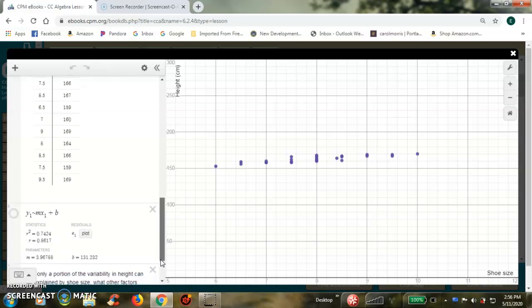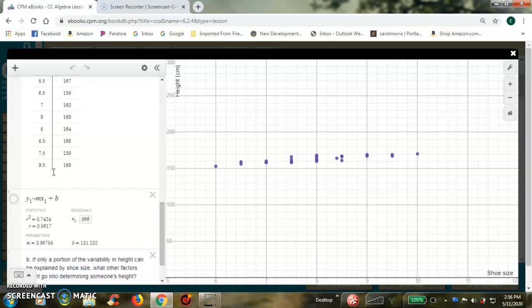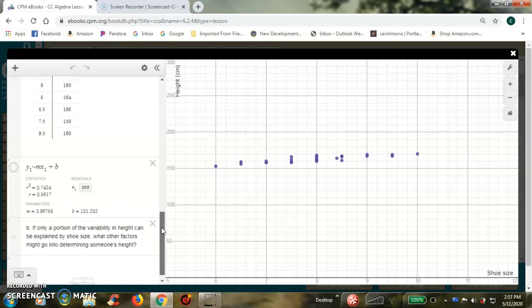What I want you to look at here is this information that comes up after putting in the equation for the regression line. The pieces we're going to focus on are right here. So the correlation coefficient is 0.8617. When you square that, you get 0.7424, and indeed 0.8617 squared is 0.7424. Right, so I'm not going to go into all of the reasons that this works. I just want to explain to you what this means then.